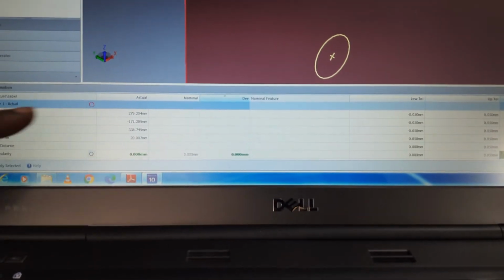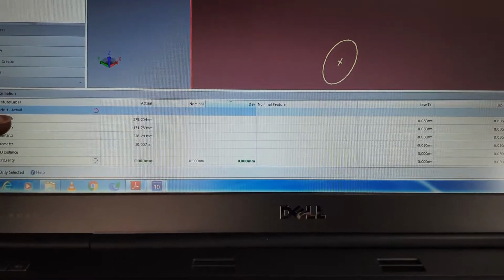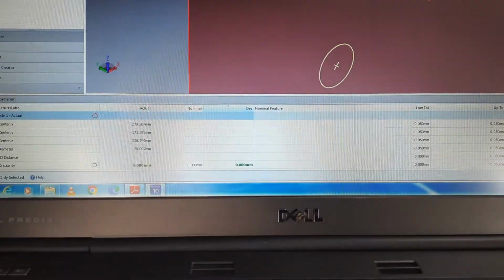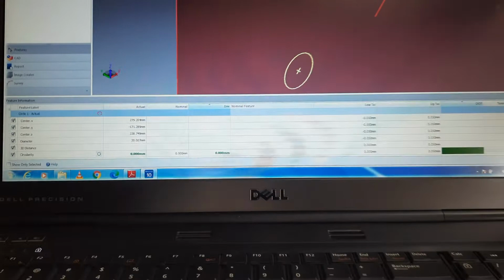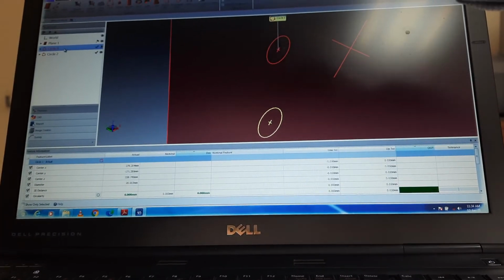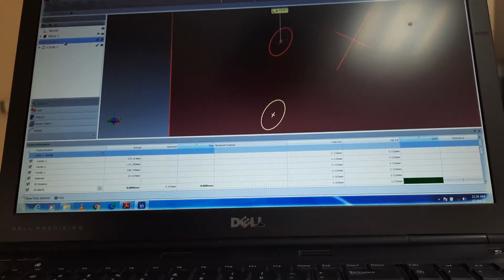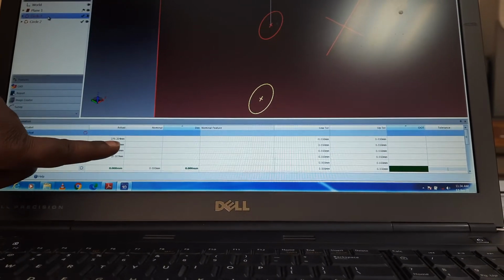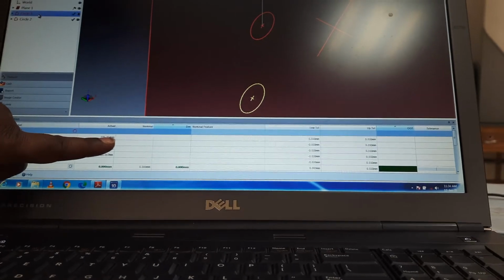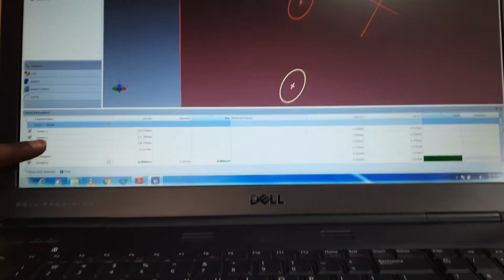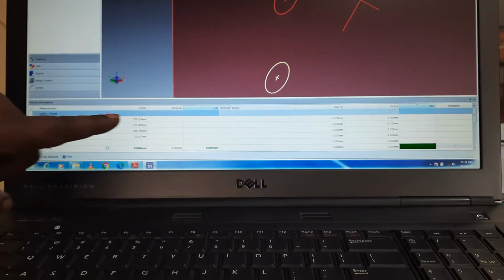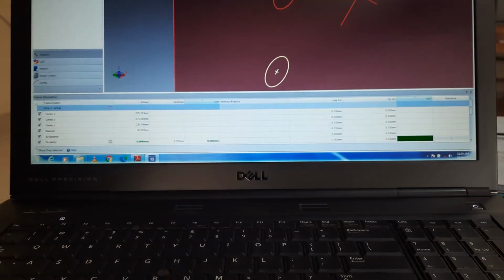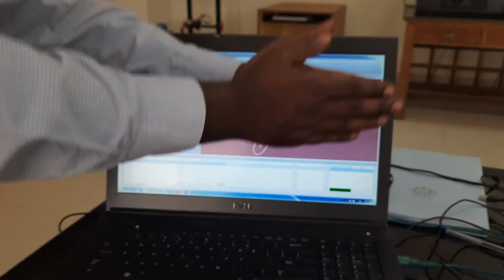It means the center x distance from the base of the furrow fusion to the measured circle is 279.204 in the x-axis. Center y is minus 171.289. Okay, means base of the furrow fusion arc.